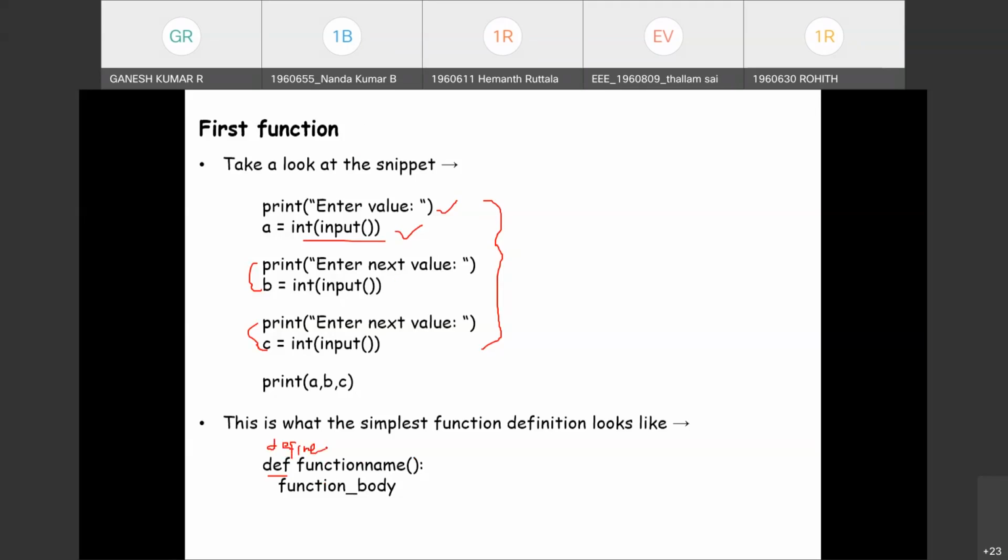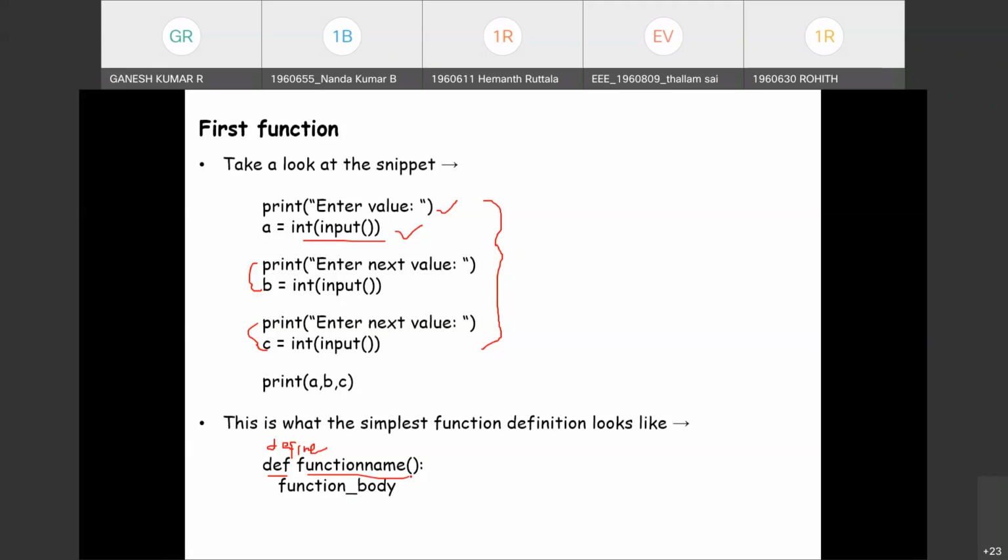Next, after def goes the name of the function. The name of the function is similar to defining a variable. It's any variable name. It should not be a keyword or reserved word.